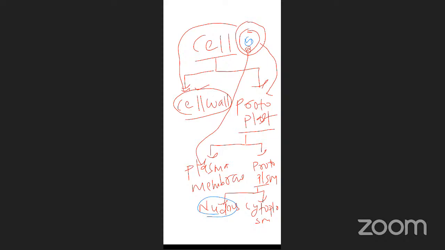What are present inside the cytoplasm? Organelles, ribosomes. All cell organelles are present, and it is further divided into cytosol also. Cytosol is just liquid without any cell organelle, only liquid and minerals, called cytosol. They are the clear-cut cell components. Each and every component, cell wall, plasma membrane, protoplast, protoplasm, nucleus, is made up of molecules, right?